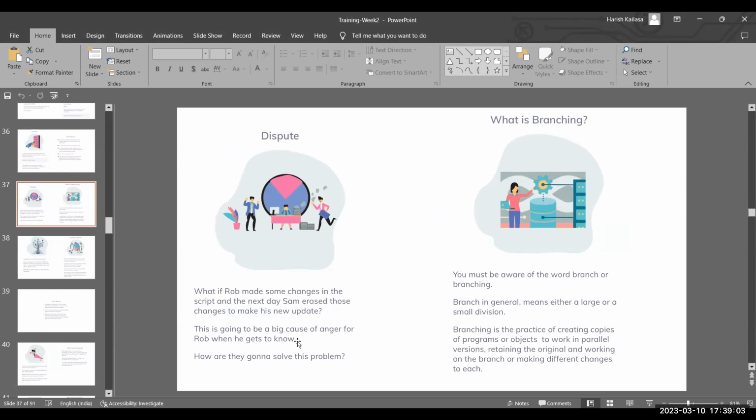Okay, so after the Git push, what if you made some changes in the script, and the next day somebody erases those changes to make his new update? This is going to be a big problem. You might miss some other code. So to avoid these kinds of problems, we use branching. So when we say branching,